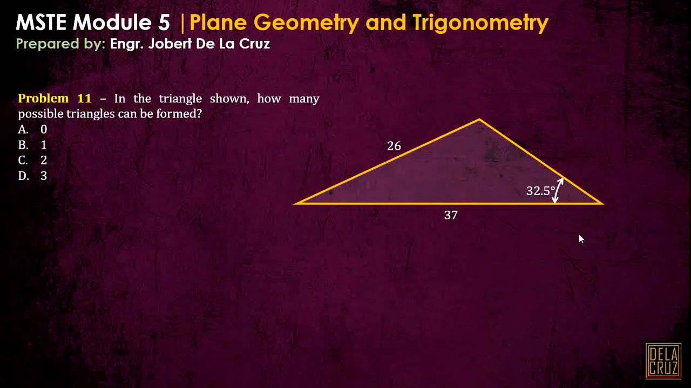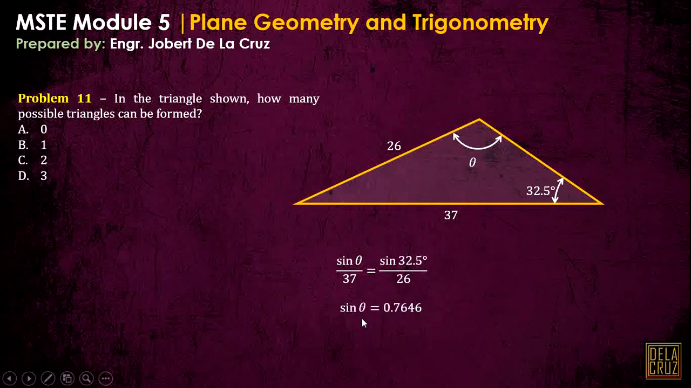Again, we will calculate the opposite angle of the other side. Yung opposite ng 37. Ito. So by sine law again, and our sine is 0.7646. So okay na siya. Lesser than 1 na siya. Then using arc sine, ang lalabas is 49.87. Okay? So how can we check ilang possible triangles ang mabubuo dito? Okay? So remember that